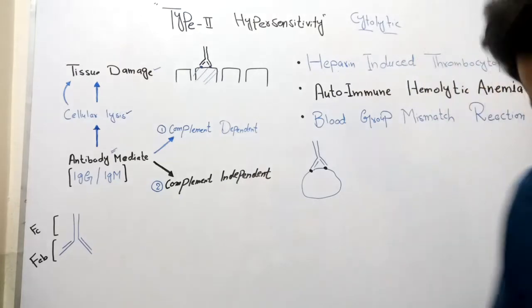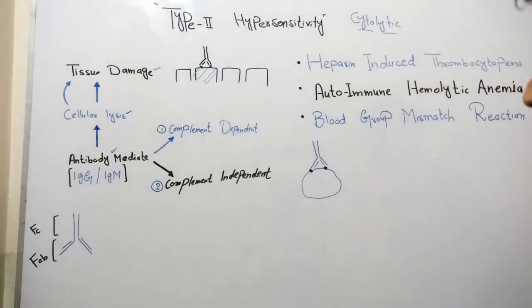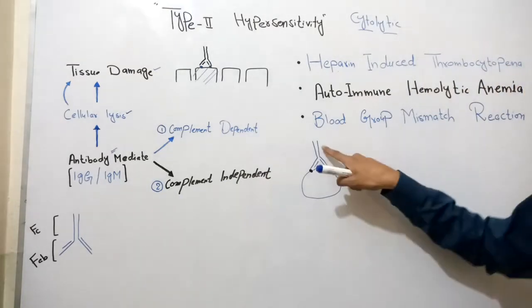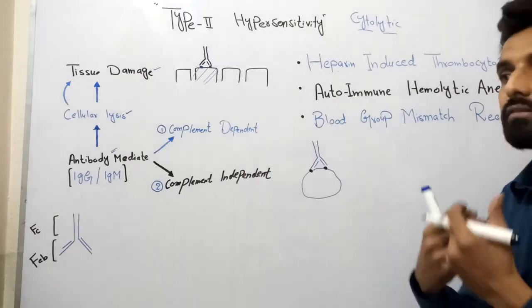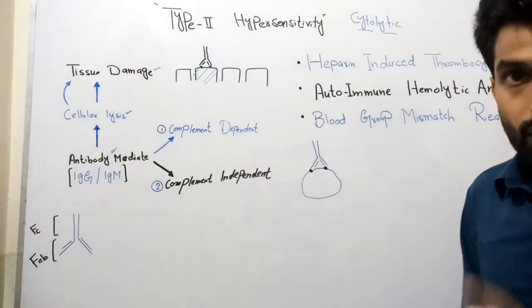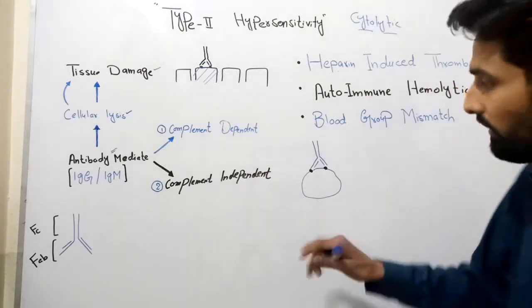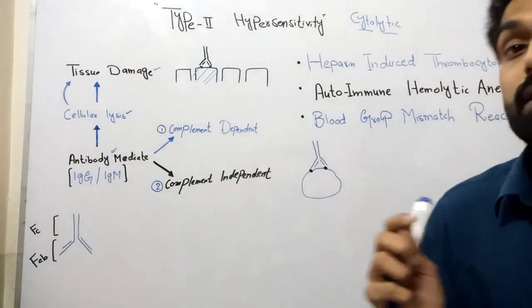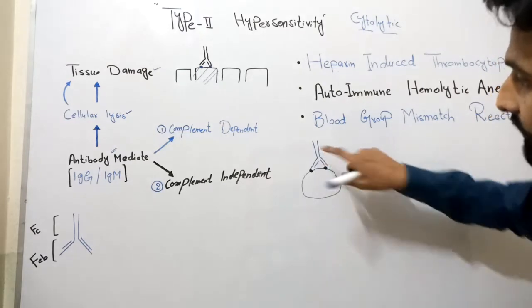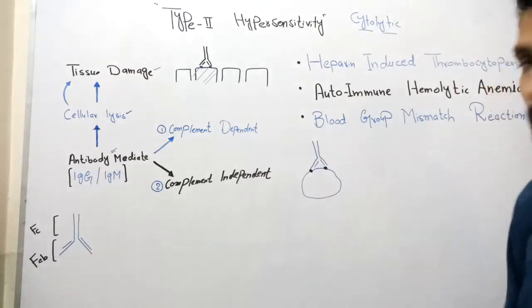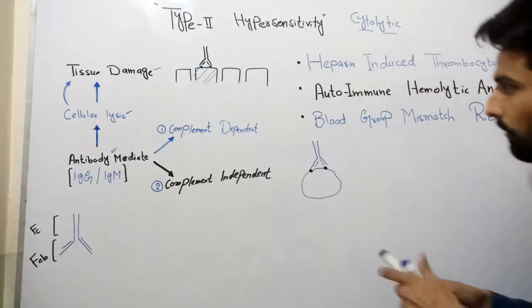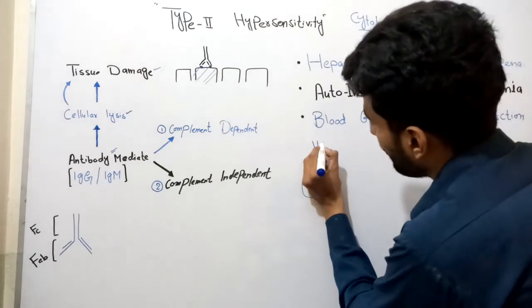This antibody can cause activation of these complement proteins once there is antigen-antibody interaction. Once this interaction has taken place, the Fc portion of this antibody can cause C1 protein